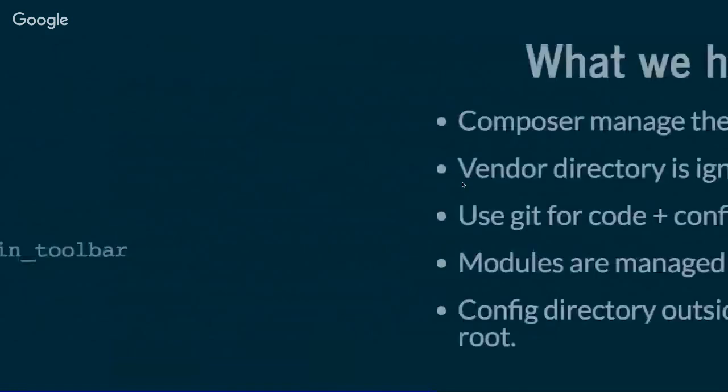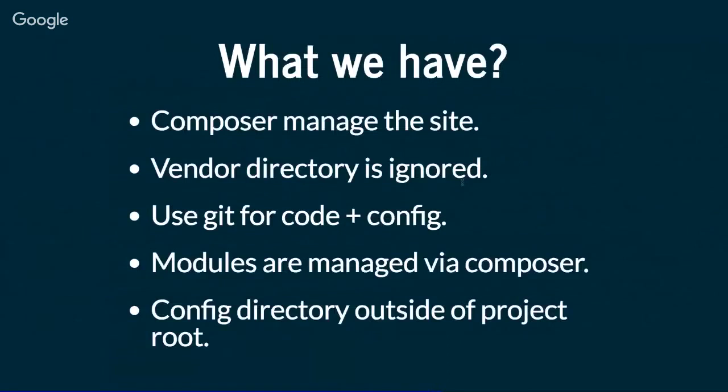So what do we have at this point? What was changed between the first approach and this new approach? The first is by using Drupal vanilla installation, and the second one is by using Drupal Composer. So we have Composer managing the site, which is something we had before. Directory ignore, which is similar to what we have. We're using Git for coding configuration management. And what we just gained compared to the other approach using Drupal vanilla: